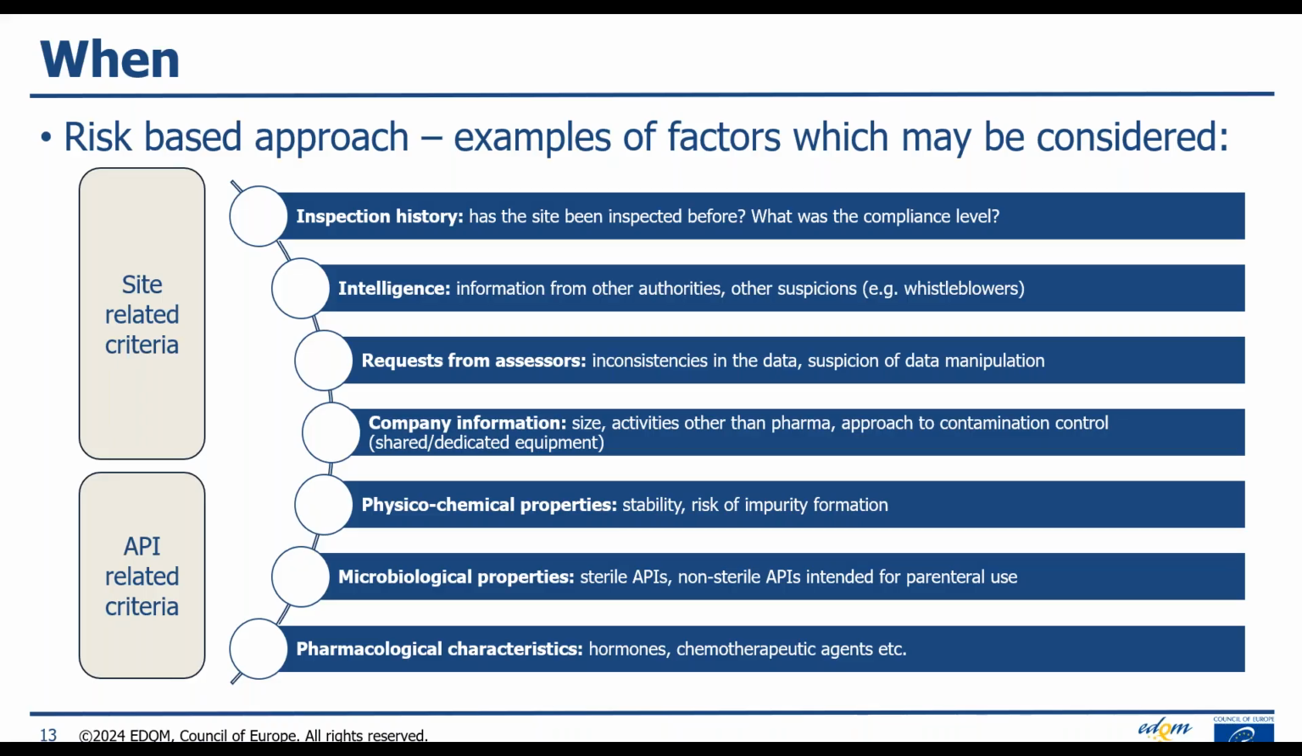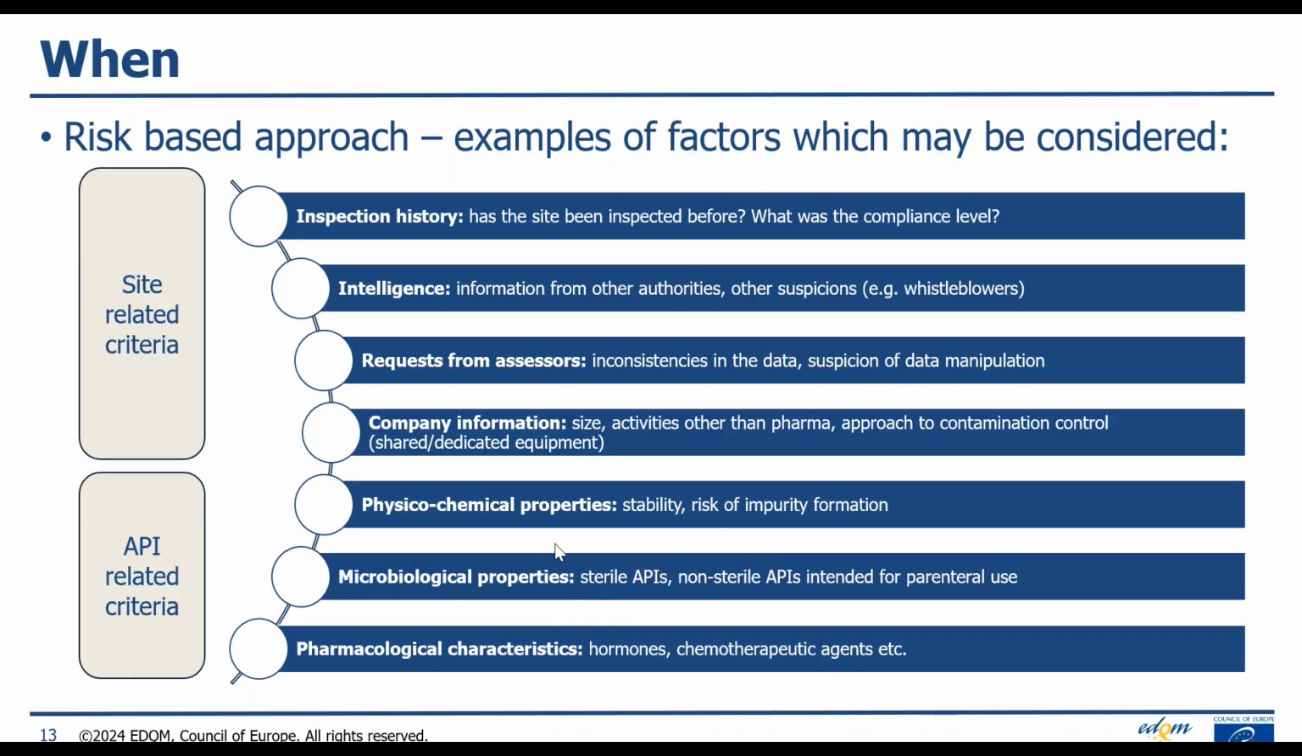And then also we consider other information relating to the company, such as, is it a very large site? Are there any other activities performed aside from pharmaceutical manufacturing? Does the site use shared or dedicated equipment for its manufacturing, and the general approach to contamination control? So I guess all of these types of aspects could be considered as site-related criteria, because they'd be specific to the site in question. Then in terms of API-related criteria,